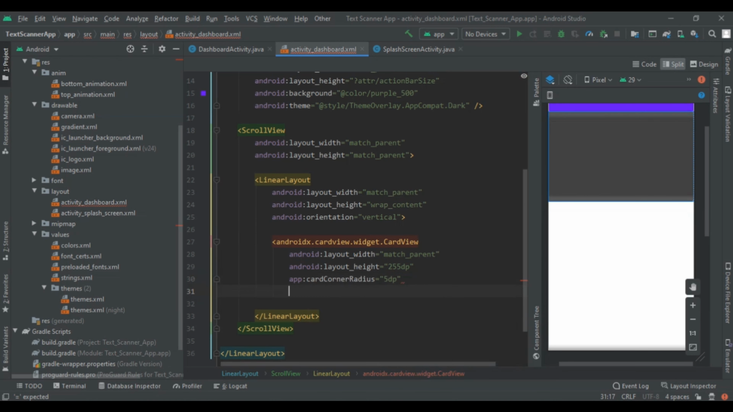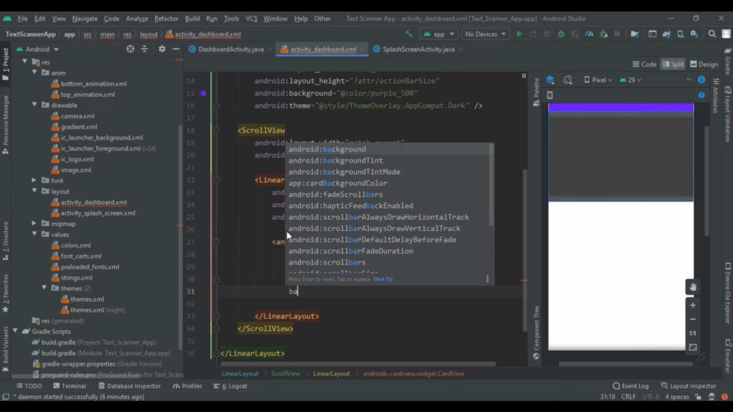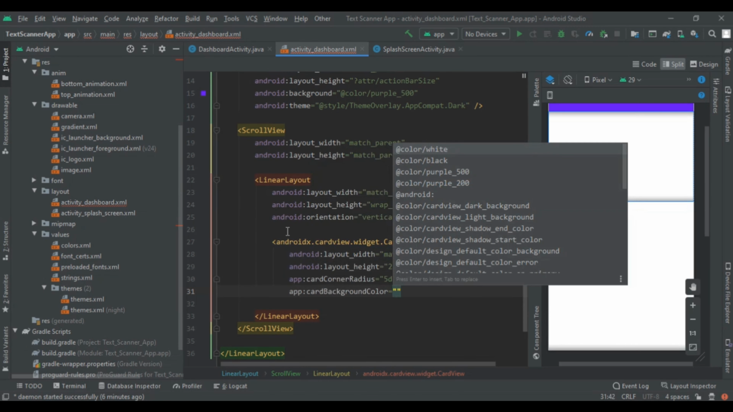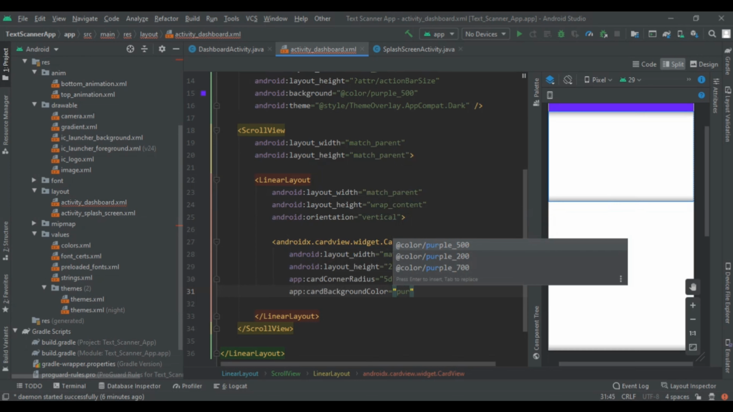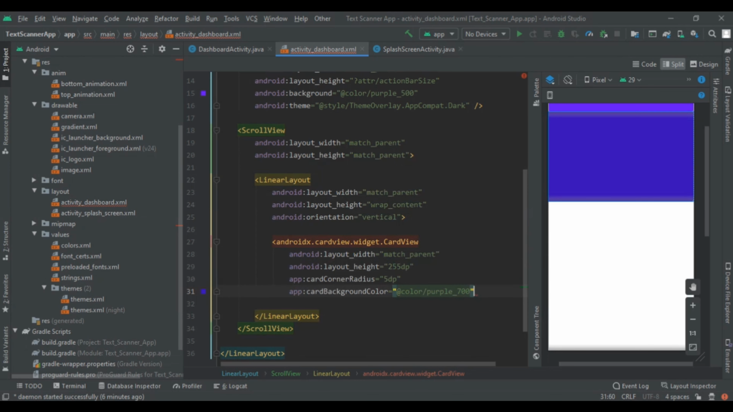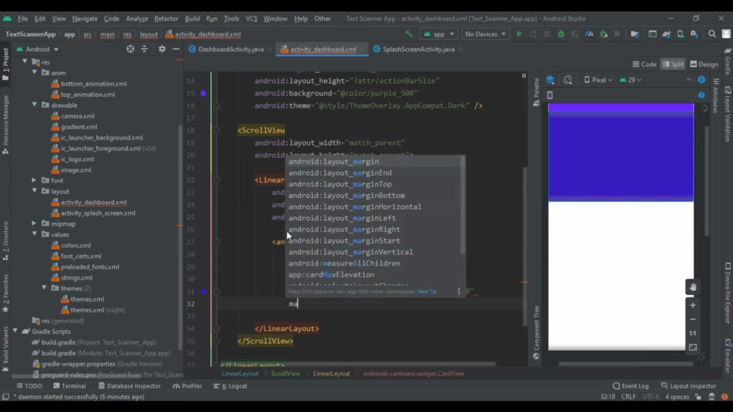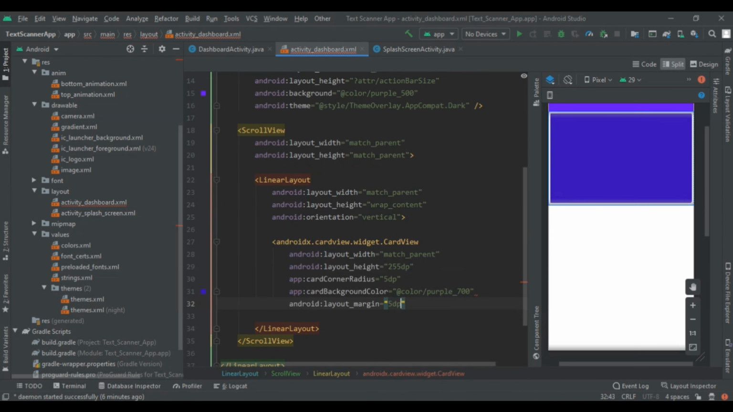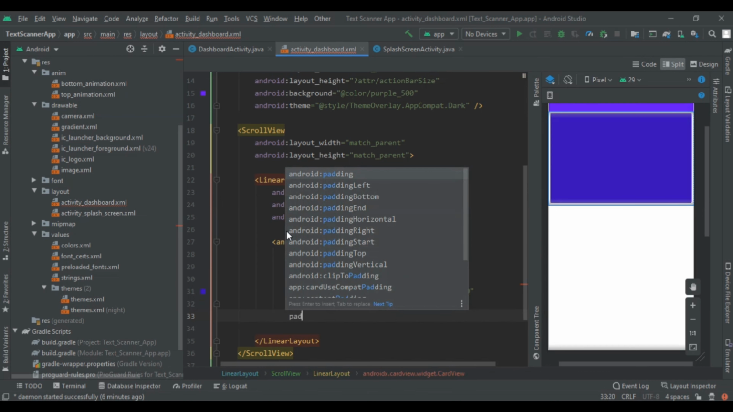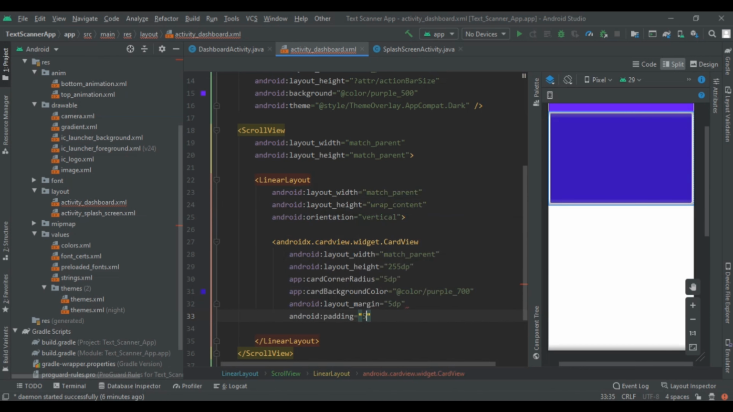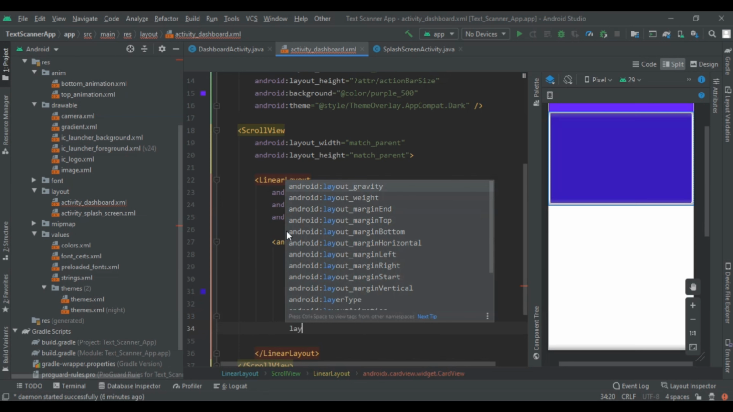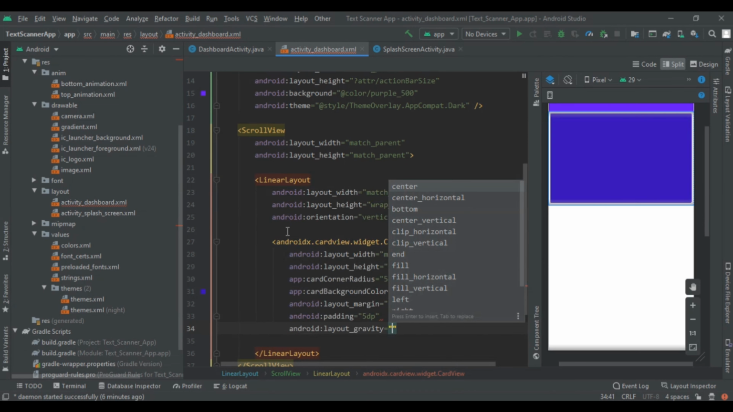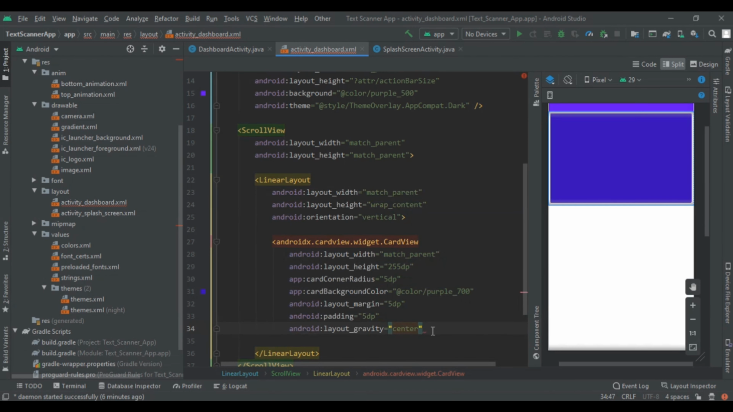Then its card background color will be purple 700. Then we are going to give some margin and padding. So margin will be 5 dp, and also padding. So padding also 5 dp, and then give layout gravity. So layout gravity will be center. Then close this layout,